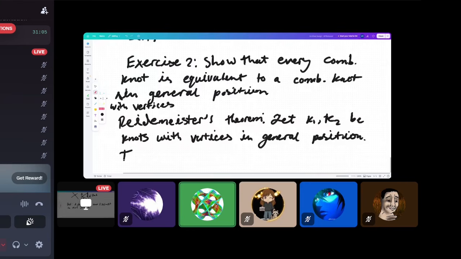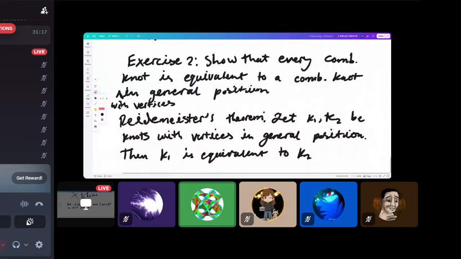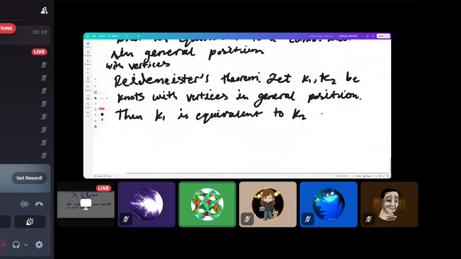Then K1 is equivalent to K2 if and only if